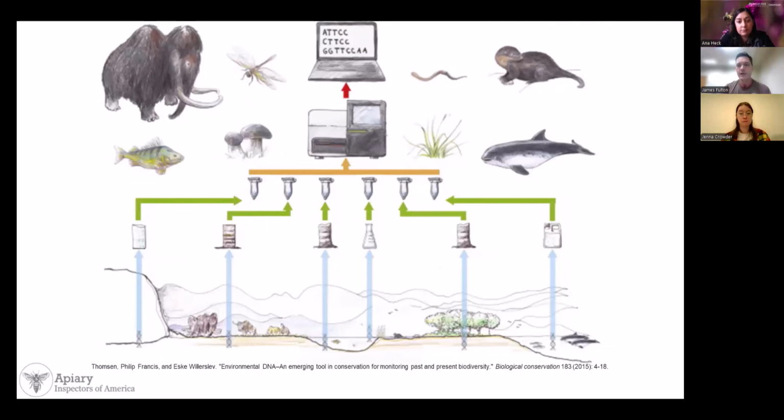But if you're able to take a sample of DNA and then test it through something like sequencing, you might be able to confirm that that individual has been present, even if you haven't physically seen it. And so a lot of the early work started as a conservation tool,